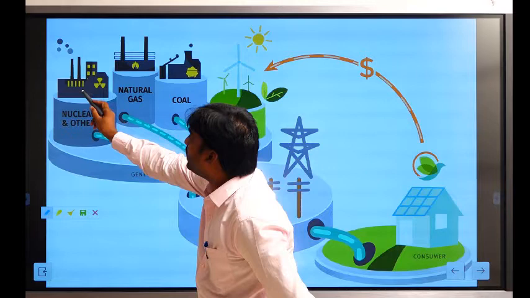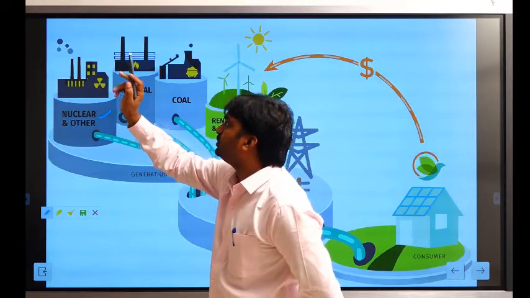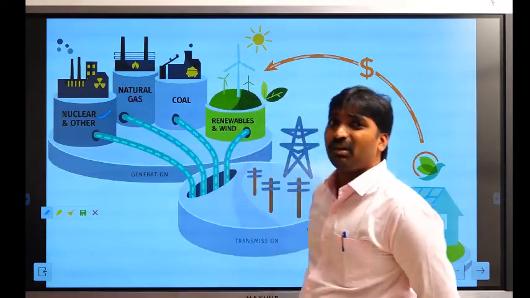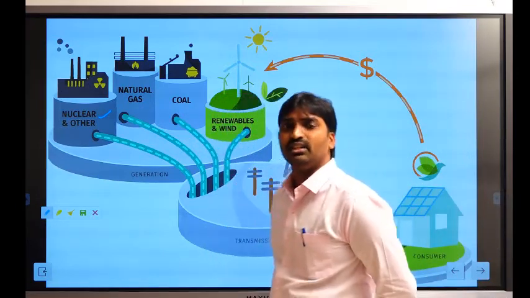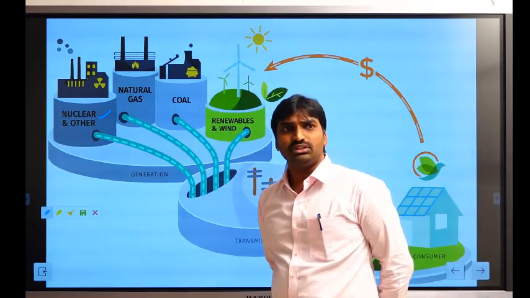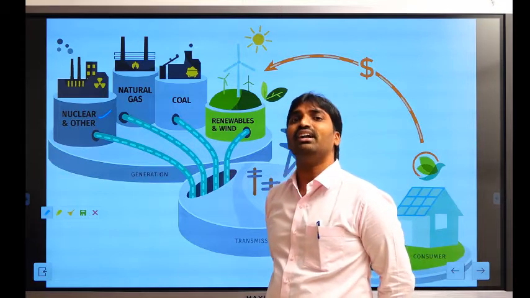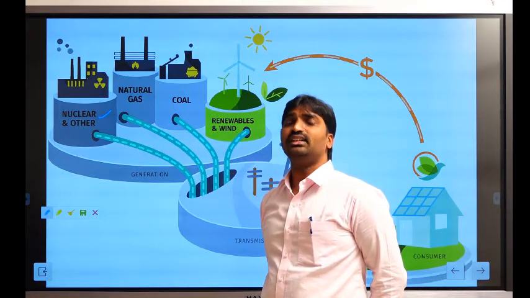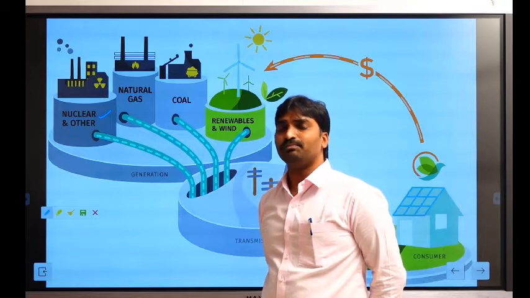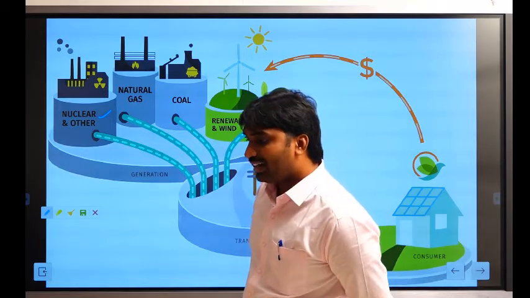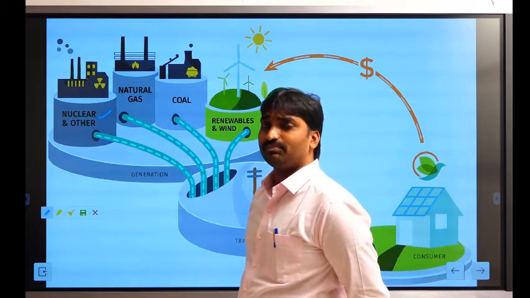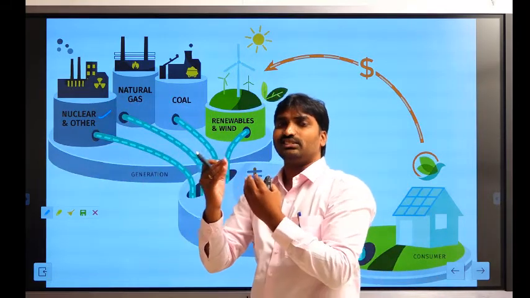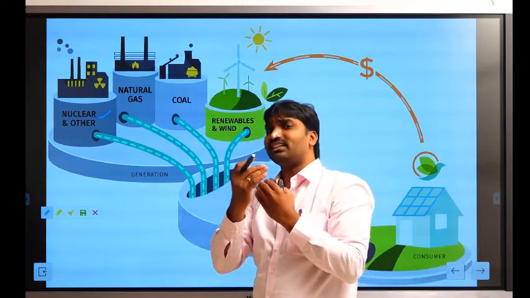By using nuclear fuel, we are heating the water. So how can we generate the power? Generally we know that water and power have a relation. All of you know that electricity is generated by using water. So how can we utilize the water for generating power? It's a simple thing. We are not directly utilizing the water, we are just using the water forces.